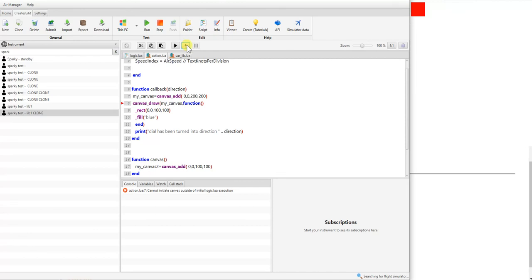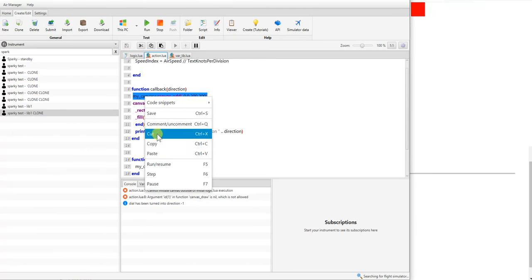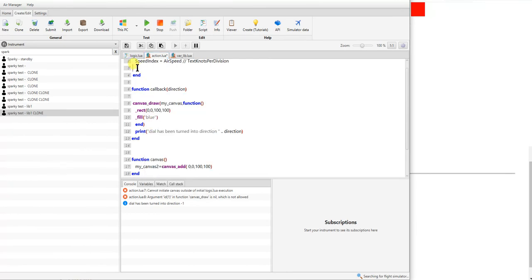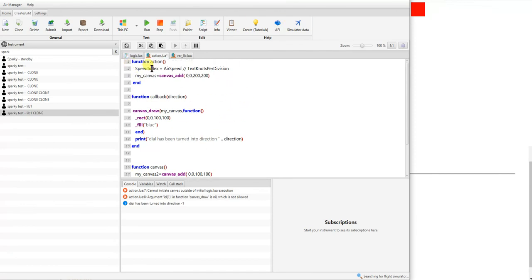So it's going to, every time, it tells us that the canvas draws also not value, and it'll do its thing. Now let's do this. Let's take my canvas, let's cut it, and let's put it somewhere where it's run within